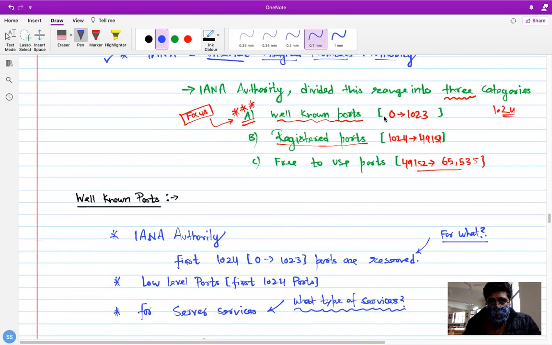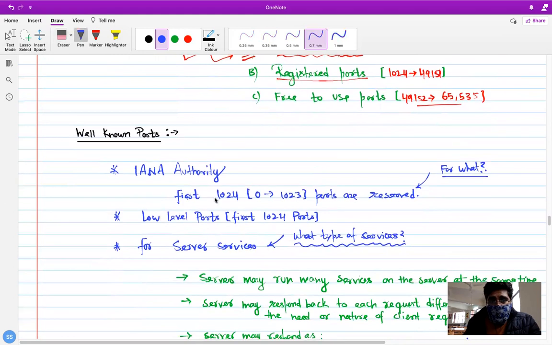All these are fixed for all the protocols over the internet, and you are not supposed to use this range for any other web service because all these ports are reserved. So the first 1024 ports are reserved, but for what? For web services to run.